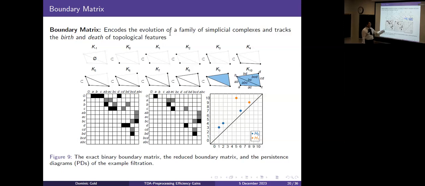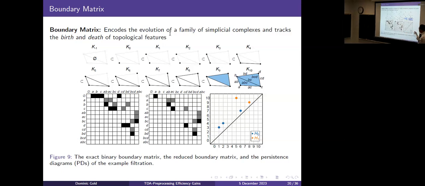That triangle has three edges, BC, CD, and BD, which are these guys. Now, there's a certain algorithm that we run on this boundary matrix. It's called the reduce algorithm, and that's the work I presented at ACM CCS, which allows you to reduce this matrix in a way to get what we call the reduced matrix, but this reduced matrix actually tells you something called the persistence diagrams of your point cloud.